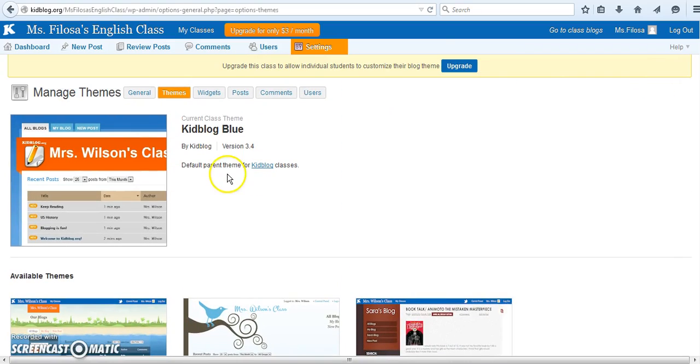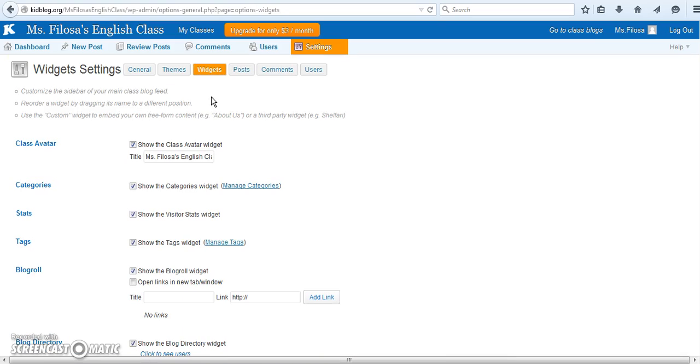I'm going to stick with what we have here, but then you also have widgets, similar to WordPress once again, but much more limited as previously mentioned. What I really like about Kidblog is they provide you with actual instructions at the top of the page, how to use some of these features. So for instance,